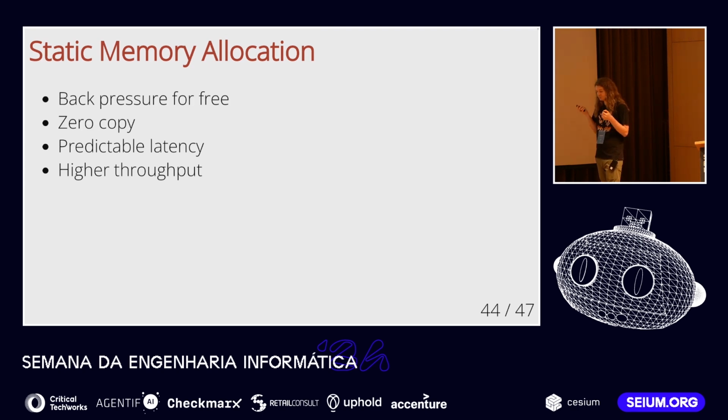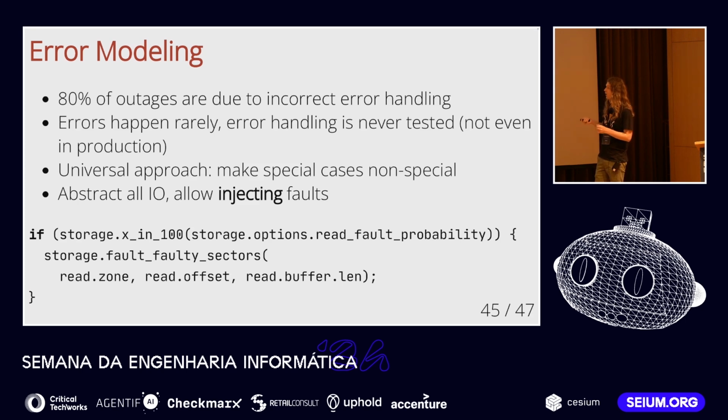Similarly, allocating all the memory upfront guarantees you zero copy because you don't have spare memory to just copy data over. You also get faster performance because if you don't manage memory dynamically, you don't need to run allocator code to figure out, hey, where should I put this bit of memory? What else could you do to improve correctness in systems programs? Well, a very fruitful avenue is error handling.